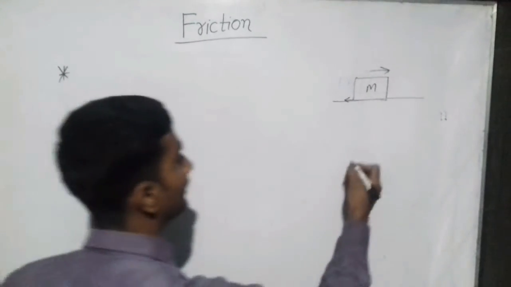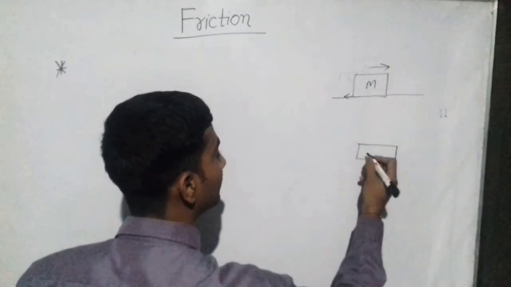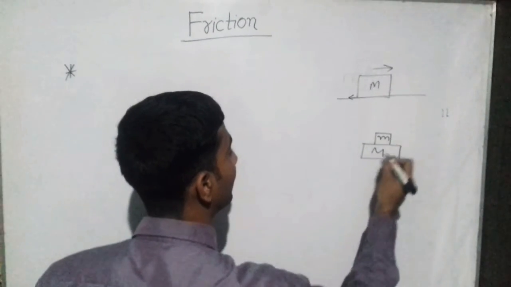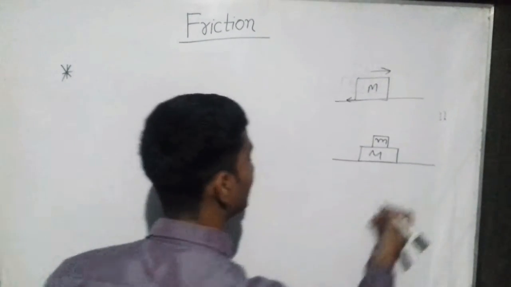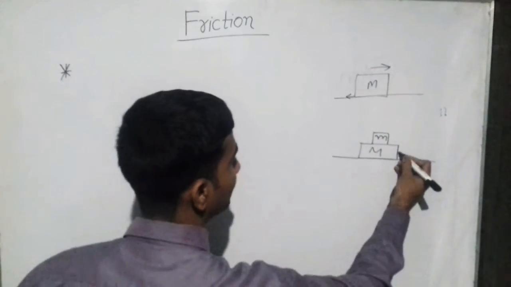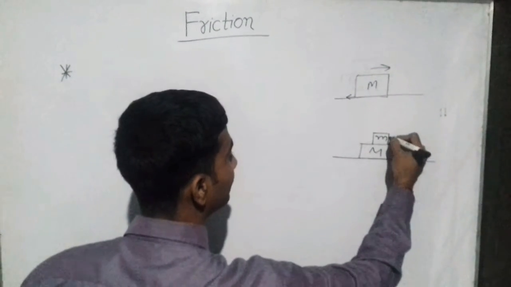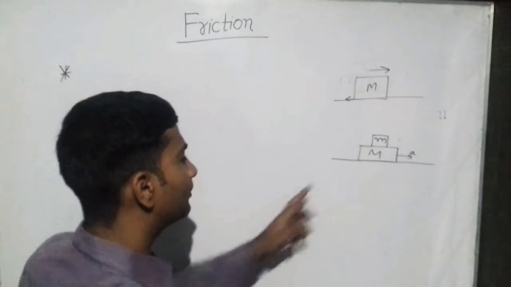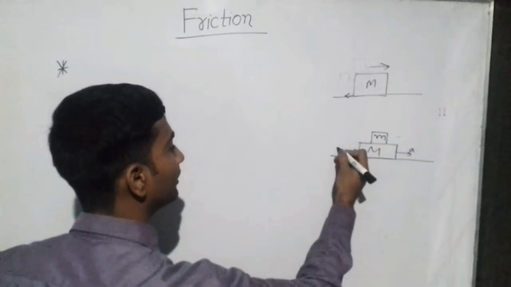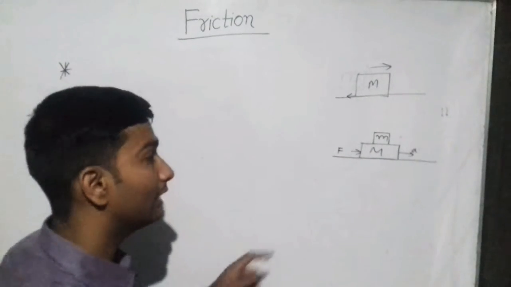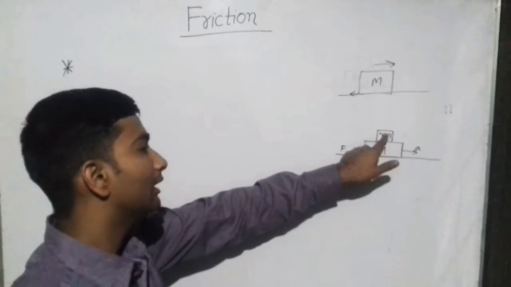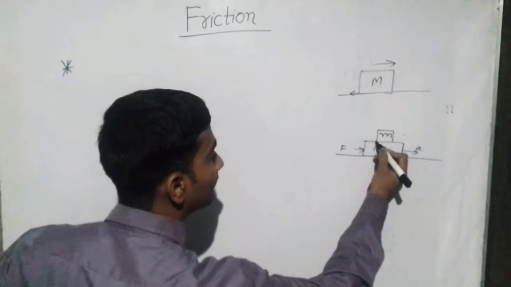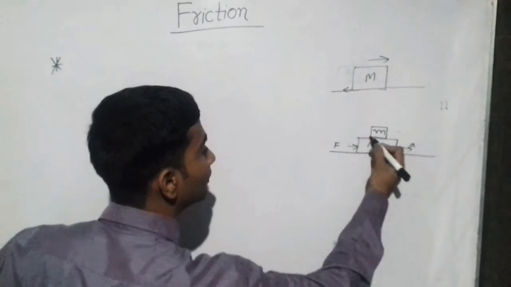So why do I say relative motion? Because if we take another body of mass m, and upon this we have a body m, and it is on the ground. If we apply only force F on this body and it is moving with acceleration a, then the upper body will want to remain at rest, and therefore the friction force will act between these two bodies